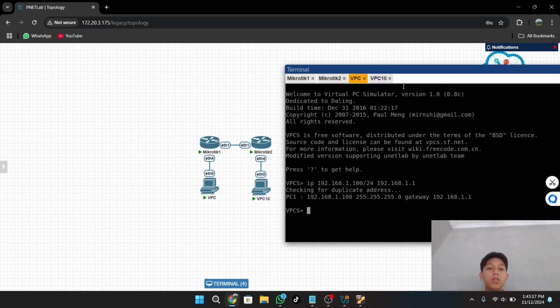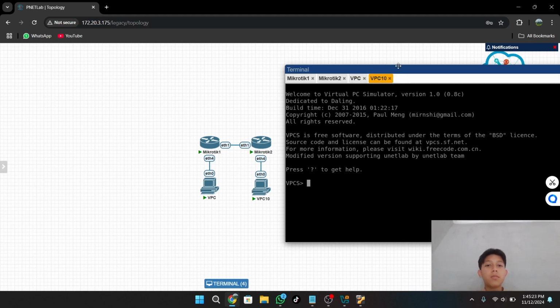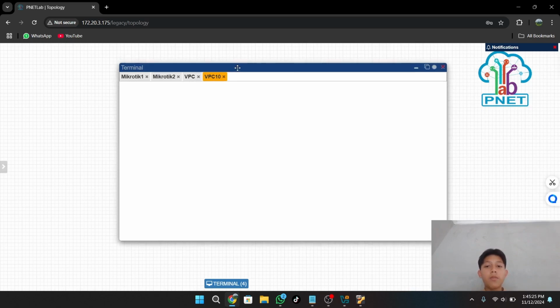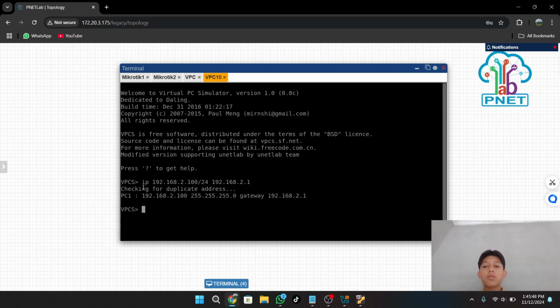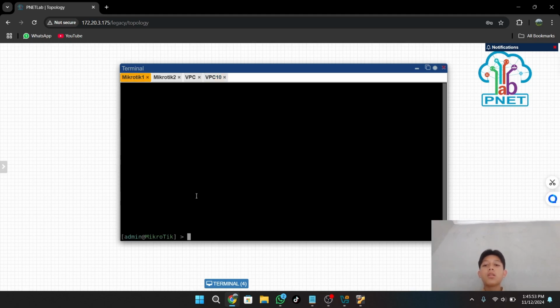If it shows a successful sign, do the same for VPC 2. At VPC 2, you can type the IP 192.168.2.100, for example, the prefix is /24, and the gateway is 192.168.2.1. And if the sign is successful like this, you can continue.